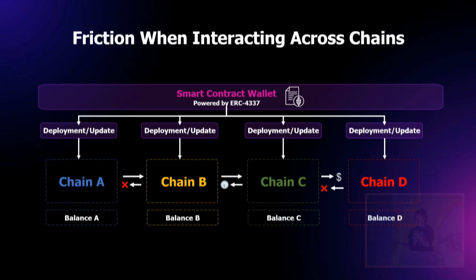First of all, again, a complicated graphic, but it serves to visualize this idea that whenever you're using multiple different chains, especially with a smart contract wallet, this very quickly becomes quite laborious and cognitively intense. You have to deploy the smart contract wallet on every different chain. So if I have chain A, chain B, chain C, chain D, I have to go and deploy that wallet on every chain. So this is expensive. This is difficult, right? For the end user, this is just not very user-friendly or mass consumer ready, if that's a way to say it. Beyond this, of course, you have to manage balances on each chain, and actually moving between chains is quite difficult as well.